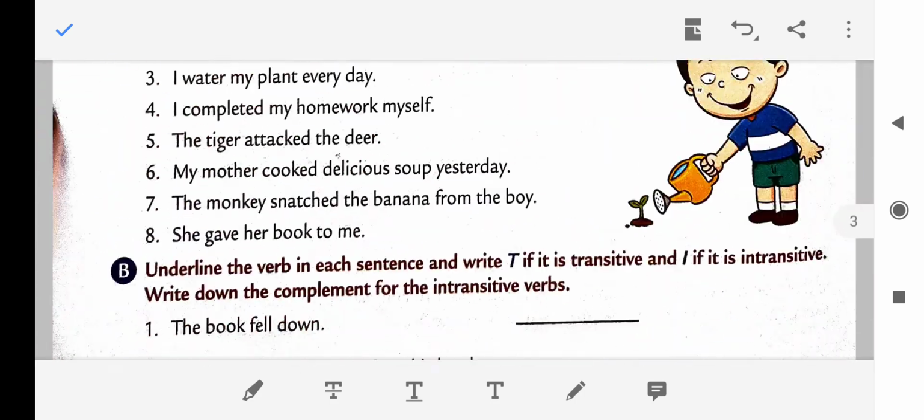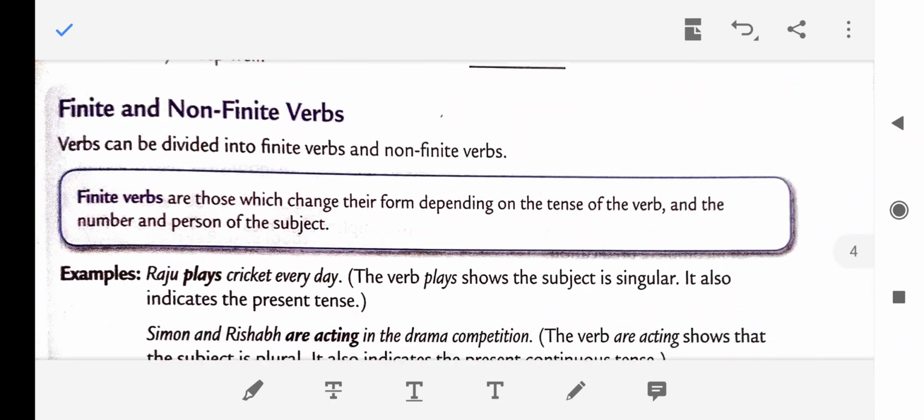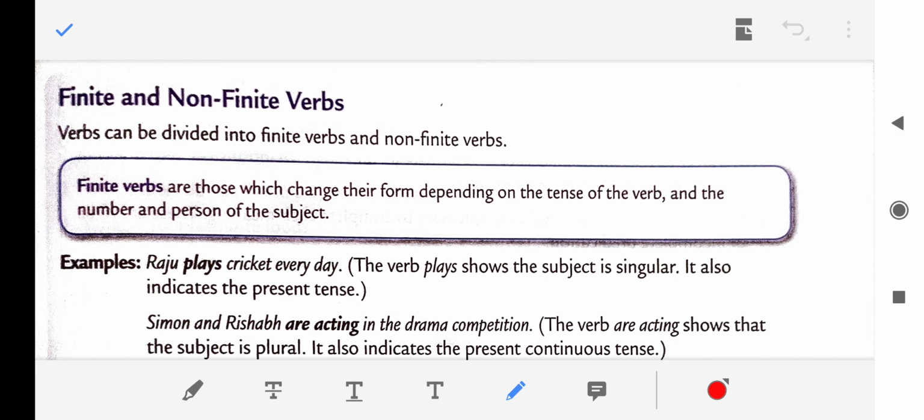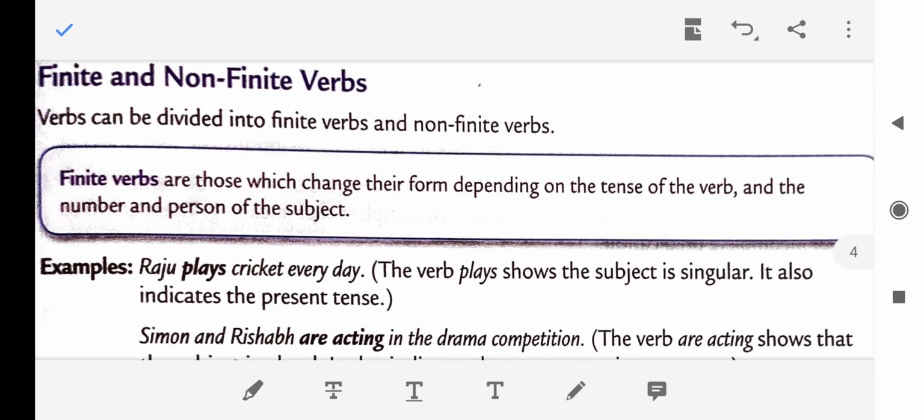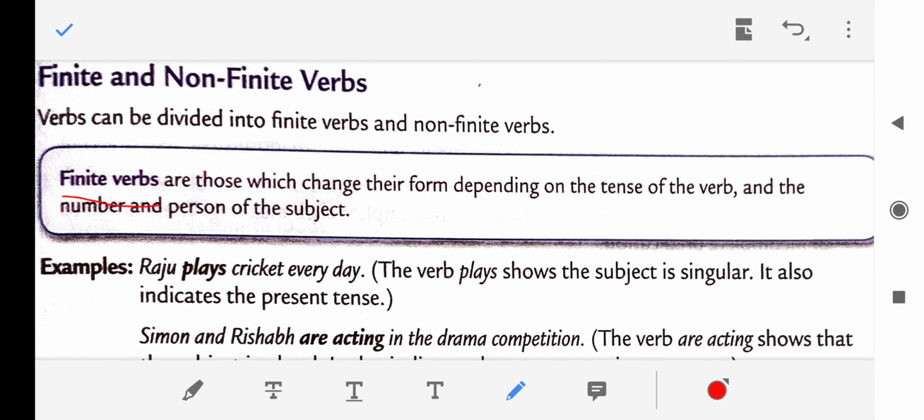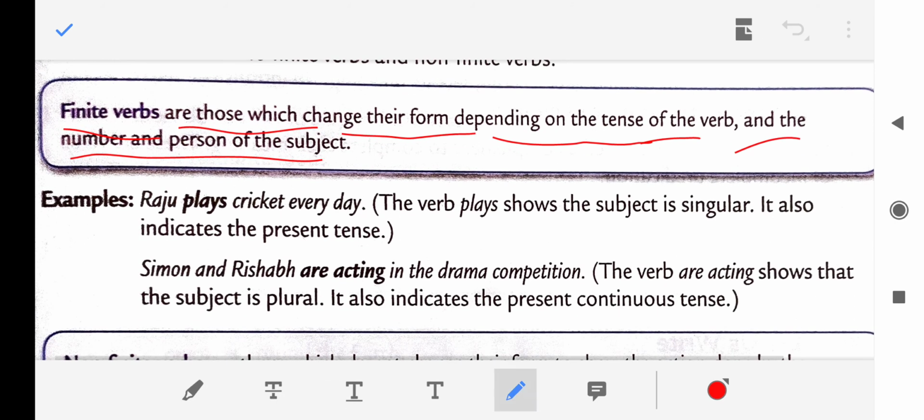Now let us move to finite and non-finite verbs. Just a minute. Finite verbs are those which change their form depending on the tense of the verb and the number of person in the subject. Like Raju plays cricket every day. The verb plays, so the subject is singular. It also indicates